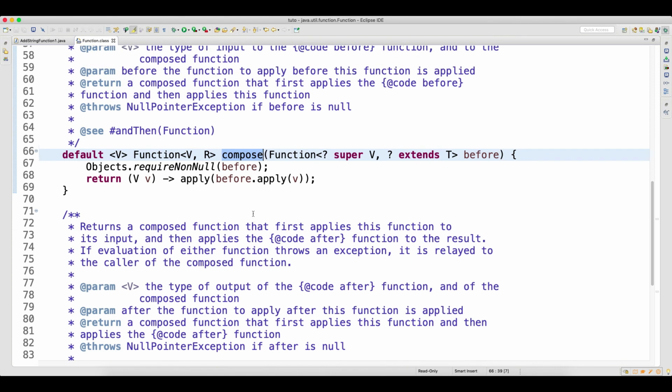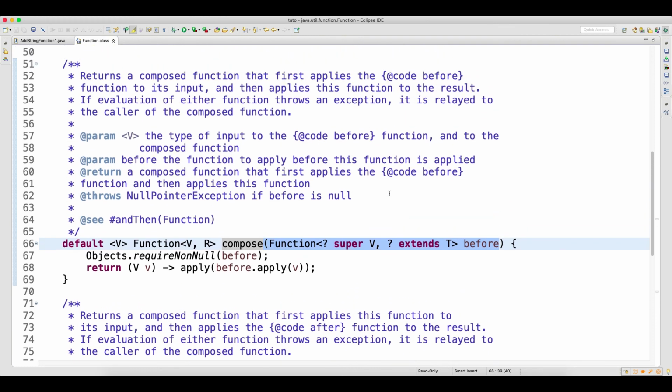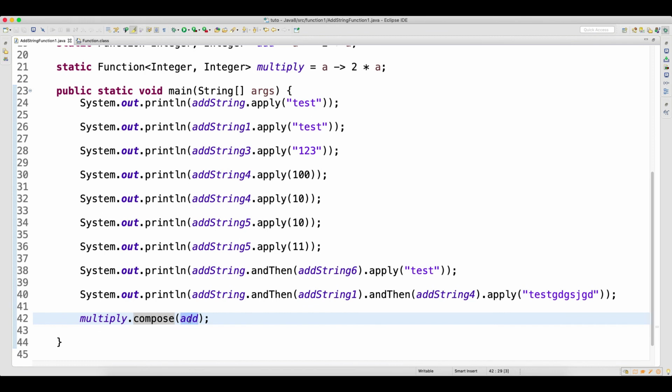See, the benefit is whatever you write after compose, that will be performed before. Okay, so look here, it returns the composed function that first applies the function to its input and then applies this function to the result. So in simple English, whatever you pass as an argument to compose will be performed first, and then multiply will be performed.